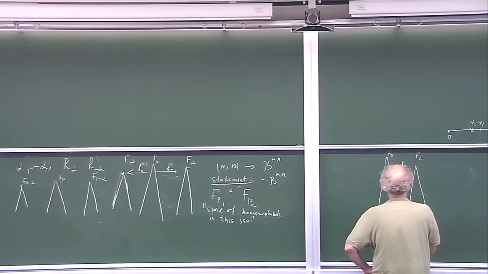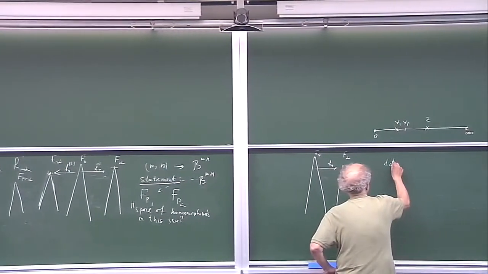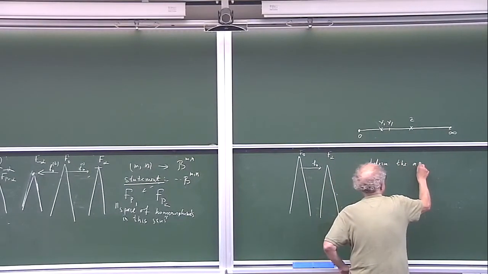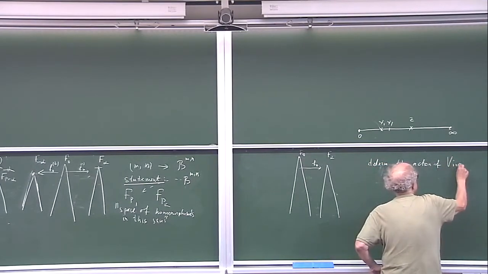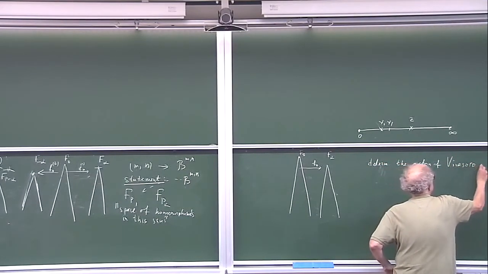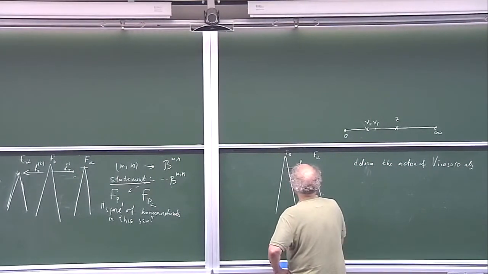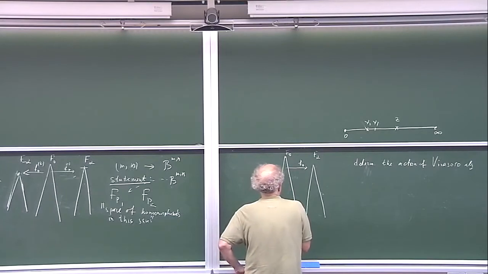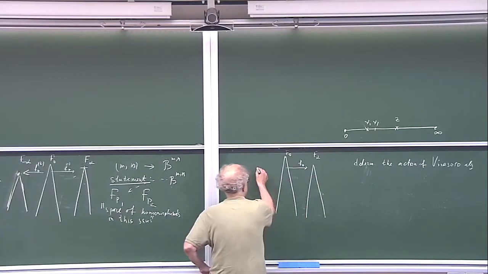And as I claim, this is Fock space, we can determine the action of Virasoro algebra such that this map will be intertwiner for this Virasoro algebra. Then we have